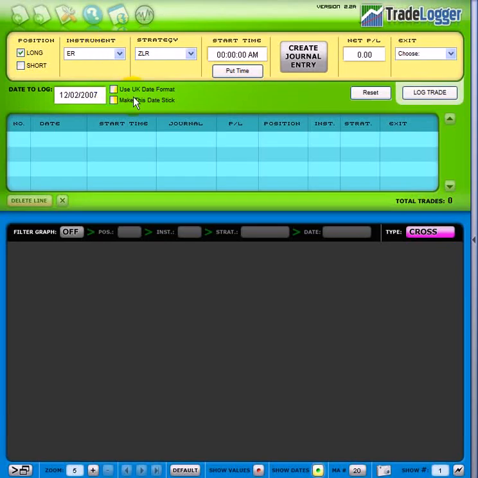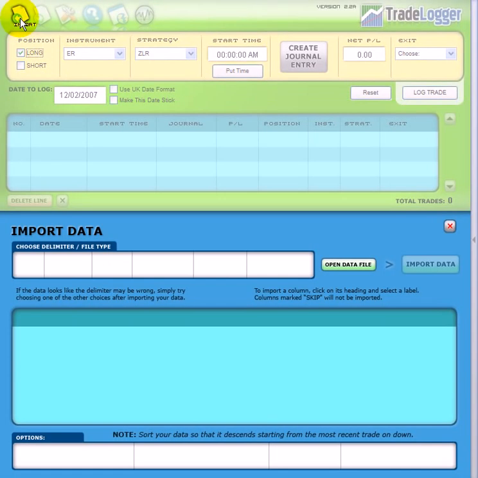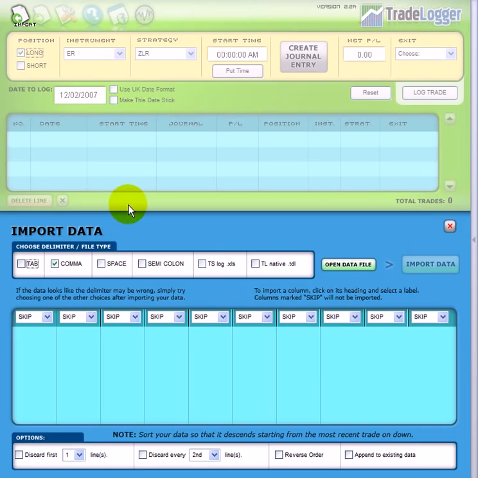So first thing we'll do is we want to go to the import section right here. Alright, and here we have the import data screen, and the first subsection here is called choose delimiter or file